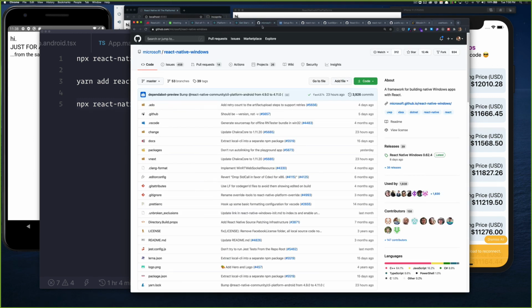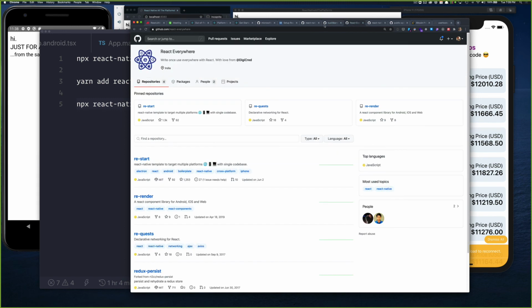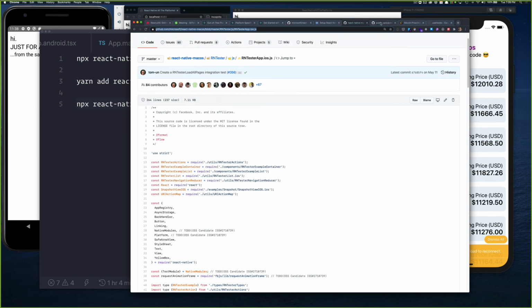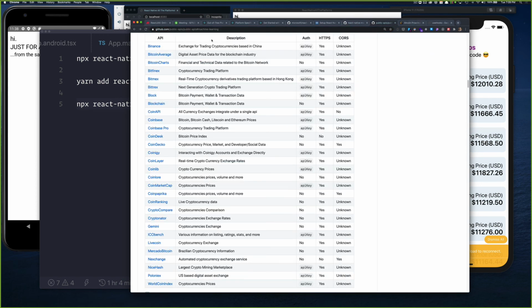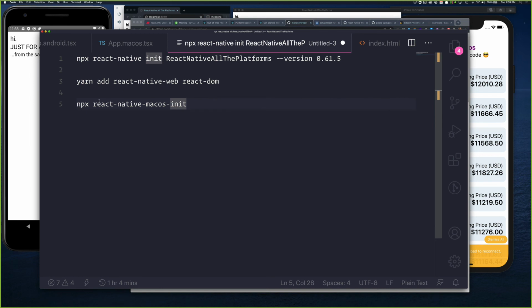Yeah, I can share these links as well. Let me see here. I had the React Native Web one somewhere. I don't know where it went. But yeah, it was surprisingly straightforward to set it up, for me at least. Does anybody have any questions or